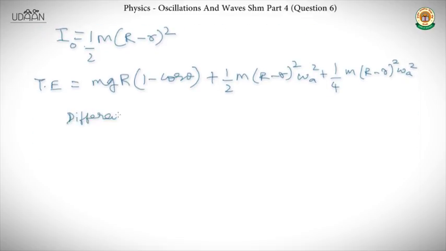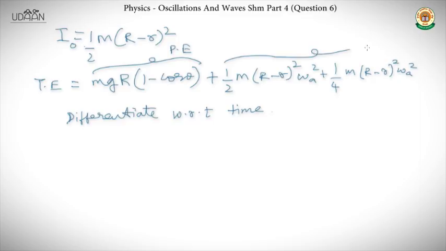the first term is potential energy, and the other two terms are the terms of kinetic energy, right? Yeah, one for translational and the second one for rotational. Now when you differentiate this with respect to time, you get 0 on LHS, and on RHS you have